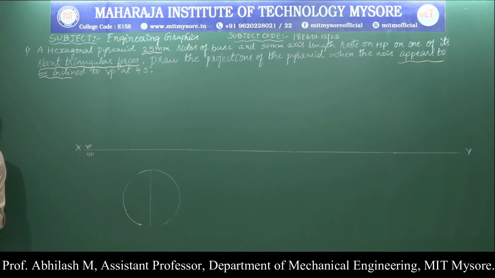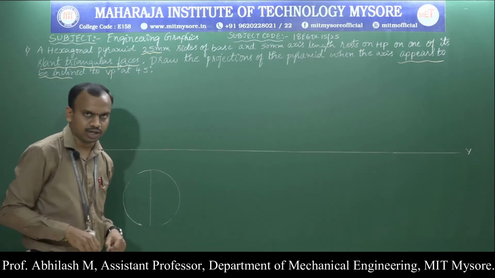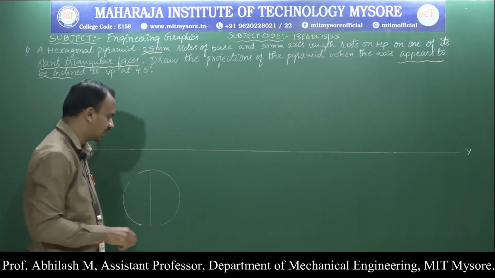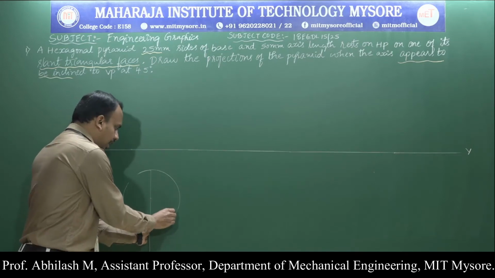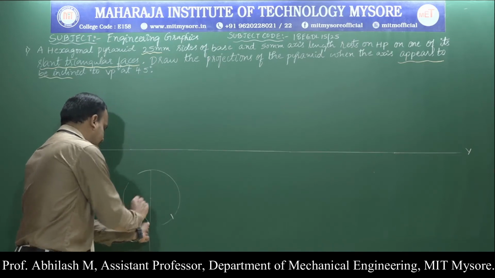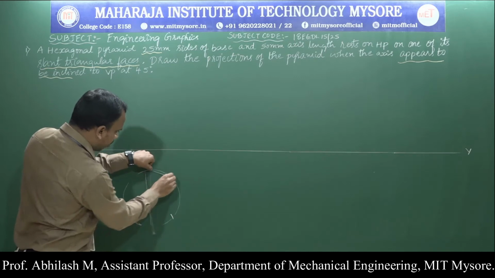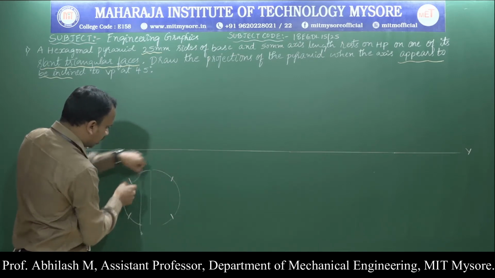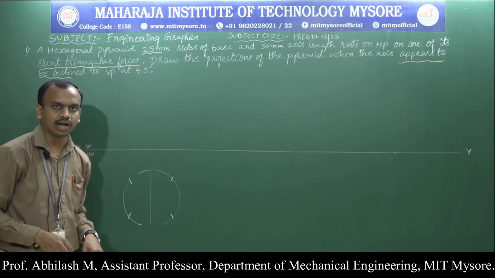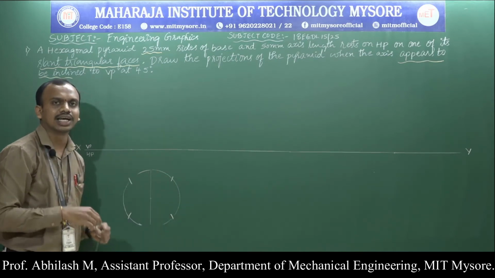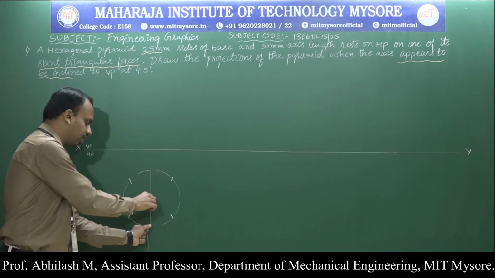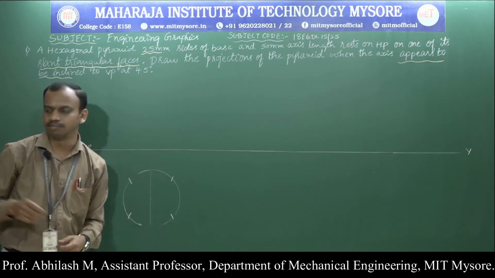So then it is to rest on the edge condition, which becomes very important for us. Where we are supposed to place our compass after drawing the circle and the diagonal, we are supposed to place it here and cut an arc on either side in order to obtain the condition of resting on the edge. If it is a corner, we should have done it from this end of the diagonal. Since it's an edge condition, we are supposed to make use of this particular diagonal and complete the process.